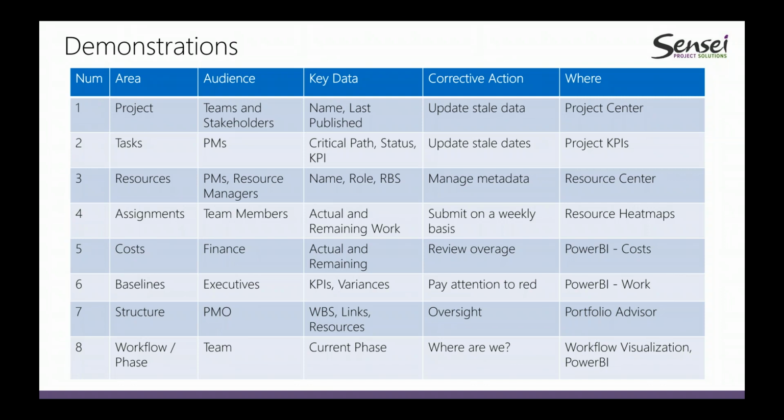Then when you layer on costs underneath that, we've got some Power BI dashboards to show costs and work, and to see what that looks like when you're storing that data in baselines. Then I'll take you on to an app that we wrote called the Portfolio Advisor, which actually gets to the structure of your plans and allows you as a PMO to really have a data-driven conversation with your project managers about the quality of the schedule that they're maintaining and the quality of their issue and risk management process. And this really gets to a higher level of maturity. It also is a vehicle just to monitor whatever level you're at. So it allows you to see that. And then we'll talk a little bit about a workflow visualization. So let's take a look at some of these